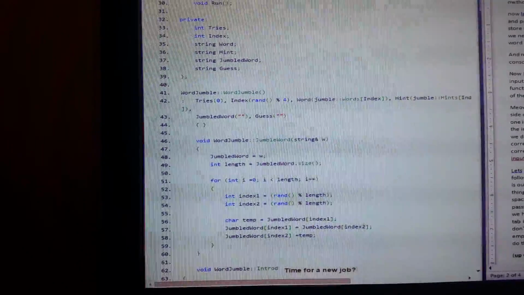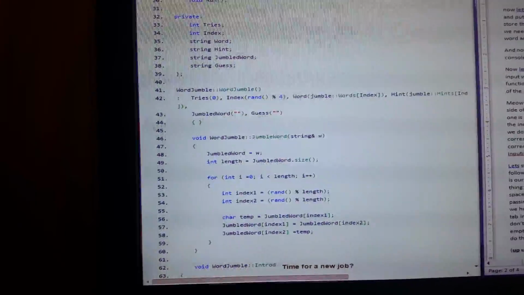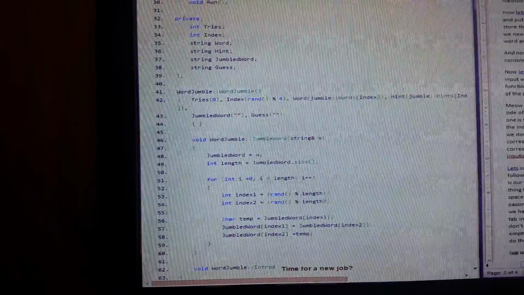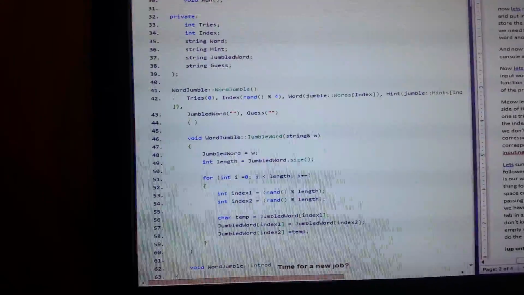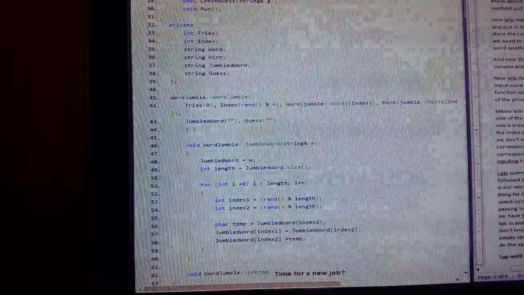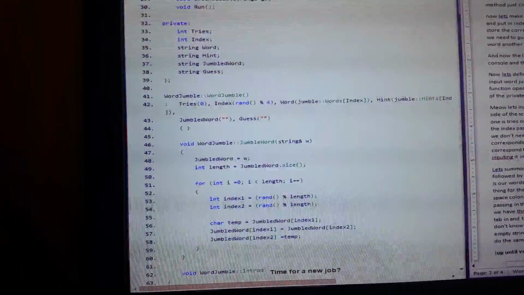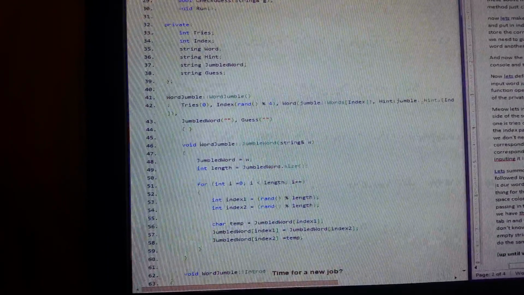First one is tries, open and close parentheses, and put 0, and that is going to get you to start our game with 0 tries. Now the index is passed a random modulus 4. This will generate a random value between 0 and 3. In this case,